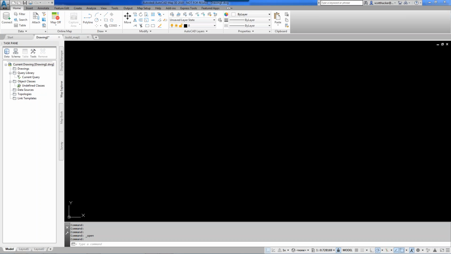So, what we have with Map 3D is basically Autodesk's answer to utilizing GIS functionality. And what that pertains to is it allows you to use Esri files, GIS files, etc., in their native formats. So you'll be able to access SDF files, all sorts of other types of files here. And then you're going to be able to combine them with DWG files, raster images, things of